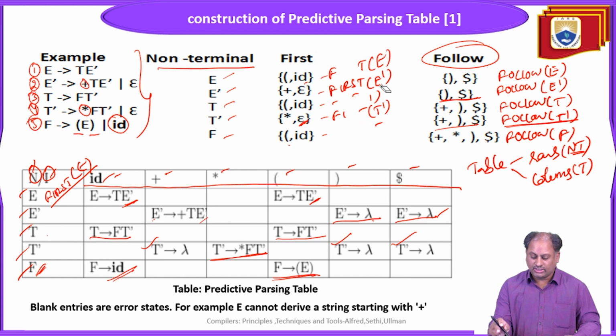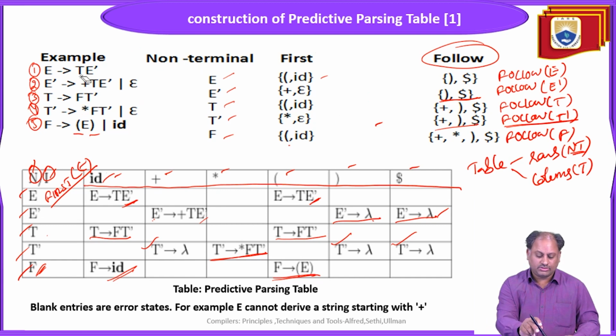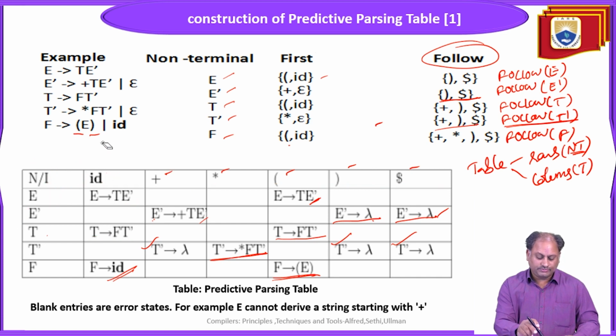After writing all the entries, we have to verify whether the production rules contained in the entries are single or more than one. Each is to be verified with the corresponding entries. This is called parse table